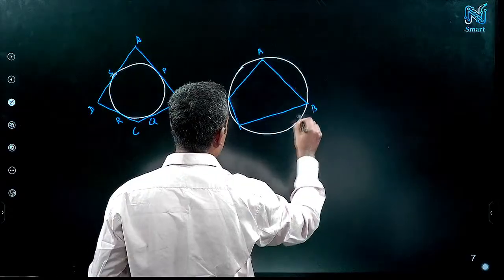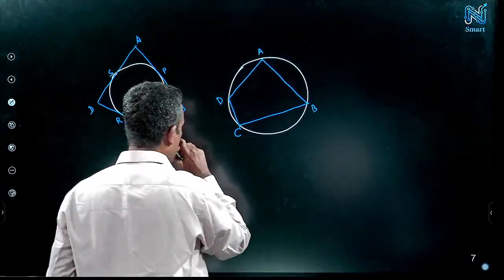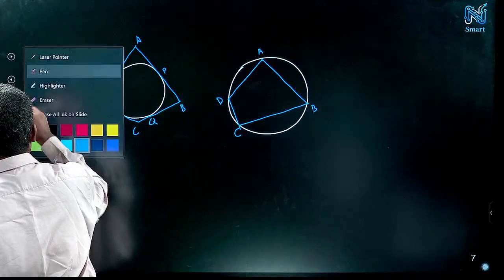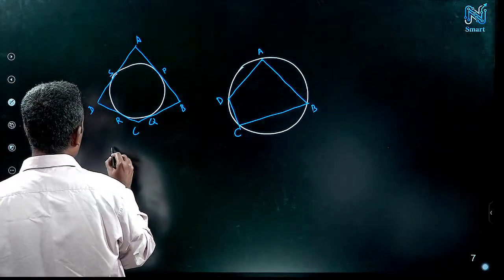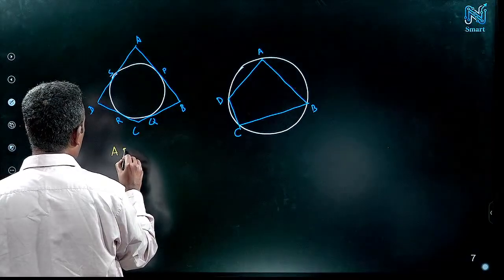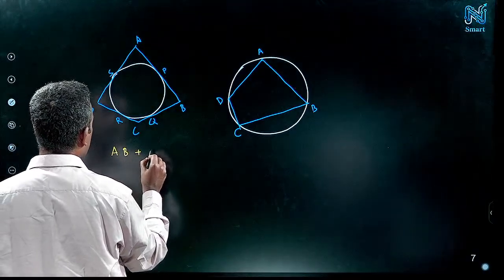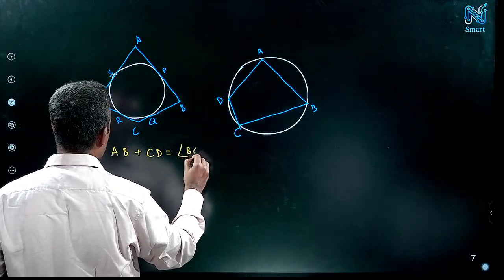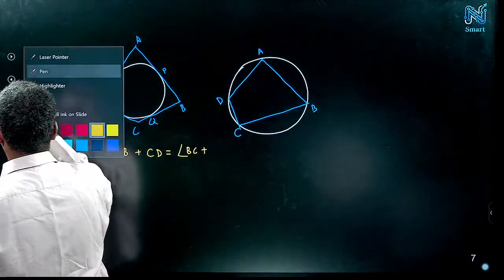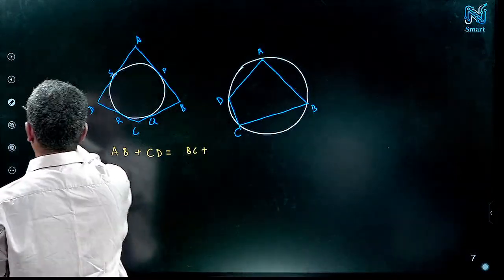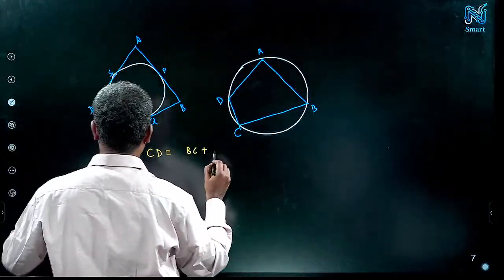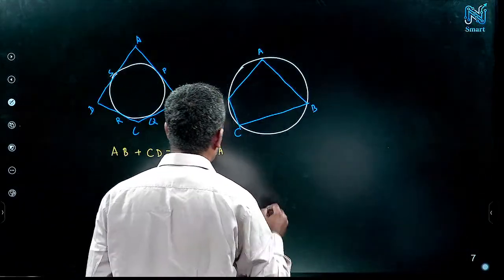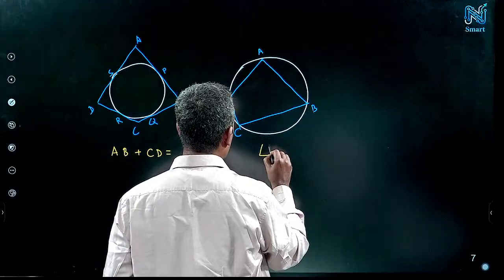A, B, C. So what we get? Here you get that AB plus CD, BC plus DA, we just write in the circular notation, and here the angle